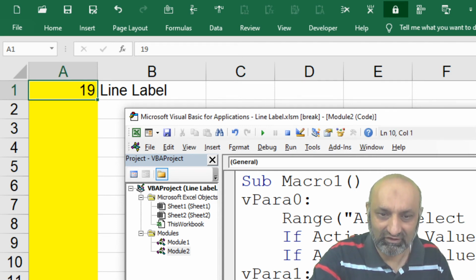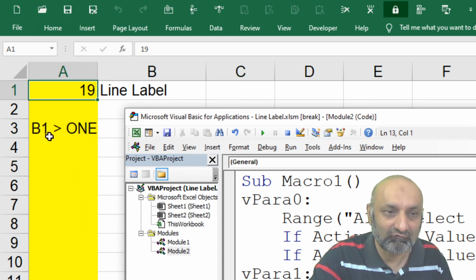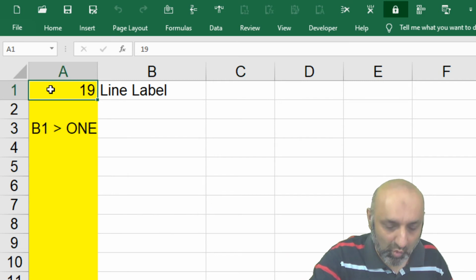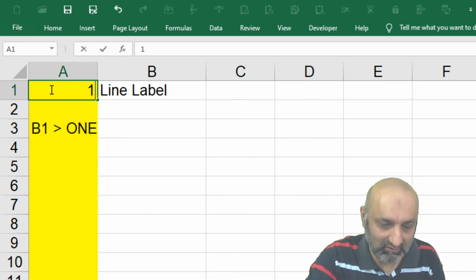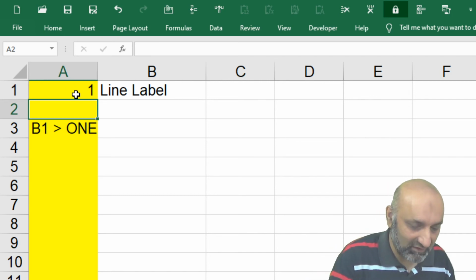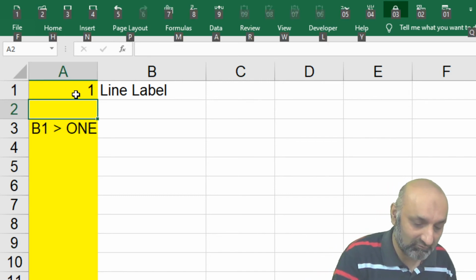Range A3.Value is put as "B1 is greater than 1". So in A3 we have B1 is greater than 1 and the macro ends. Let's put 1 in A1 and let's try to run our macro again and see how it performs.